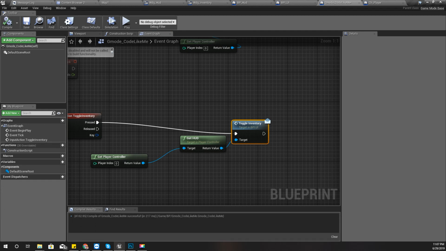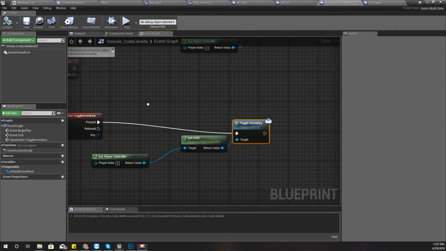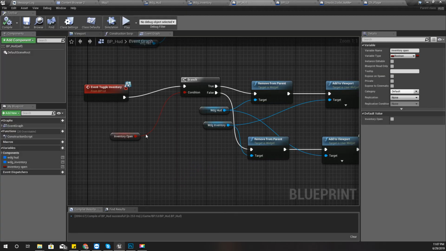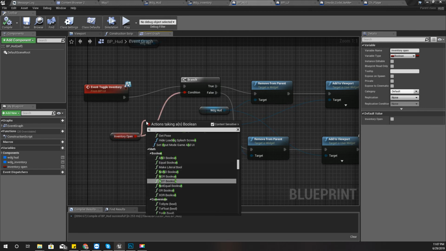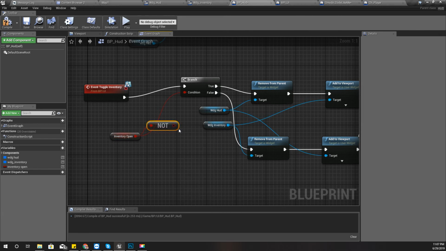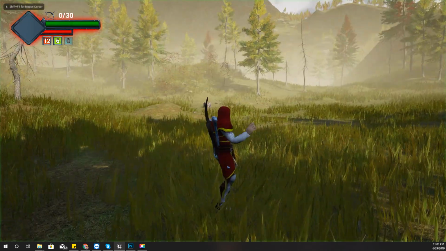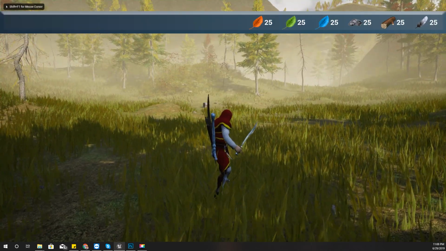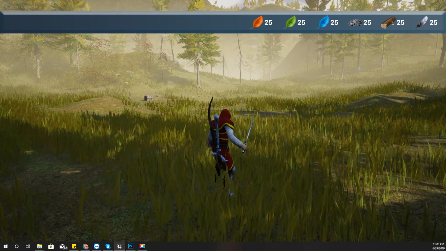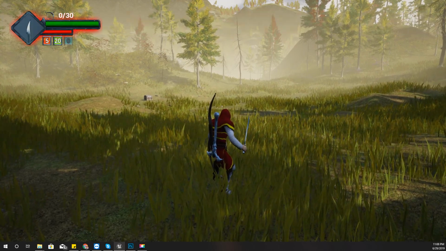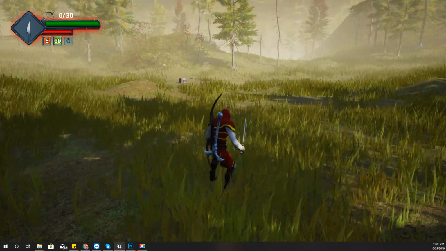Okay, and here I should use not. So if it is already open, I should close it, otherwise open it. So therefore I have to use not. Right, I pressed tab and it opened this one, and when I press tab again it went away. But